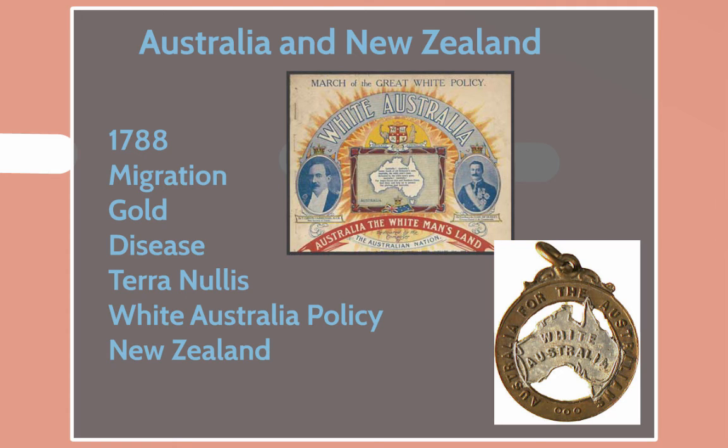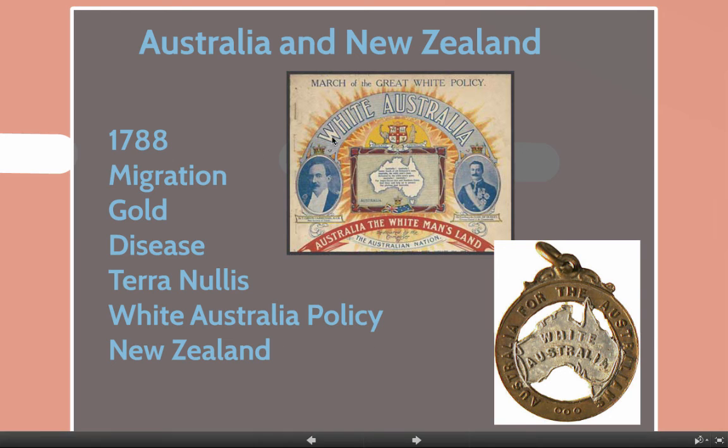Much like how the Americans saw Native Americans, or the Indians, that they didn't set up farms and stuff, so they weren't using the land, so we can take it. But the most tragic of all these policies was the White Australia policy. If you see, they even had like signs and little, I don't even know what that is, like a little medal, if you will, in which they would